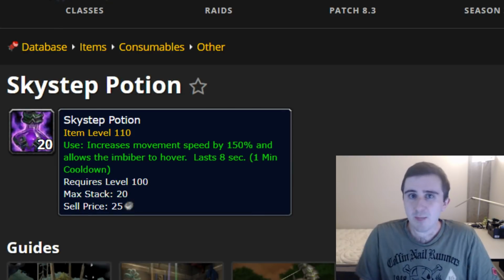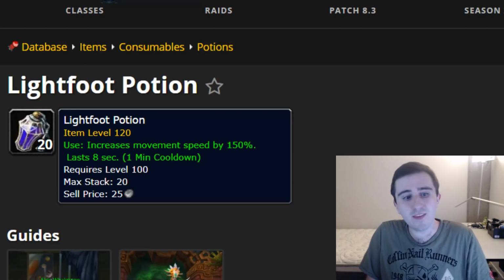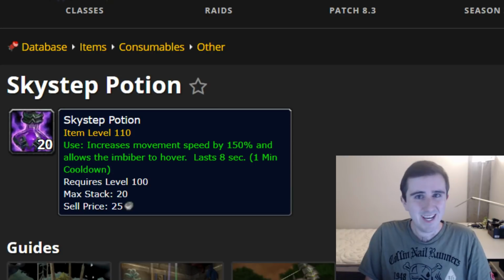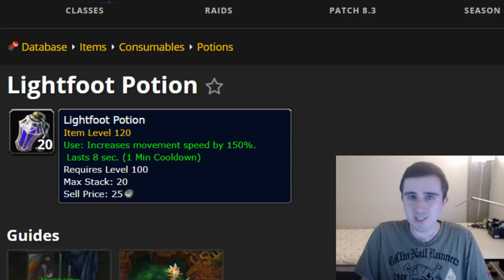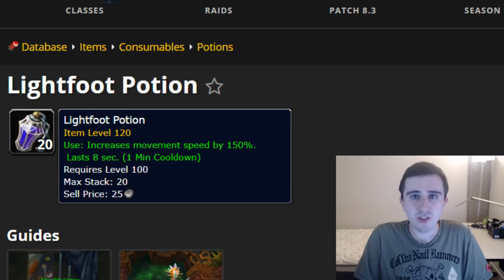There are also some utility potions that you may want access to. Skystep is one of them, or Lightfoot. These are the same effect. Skystep comes with a little ball that you're walking on as well, but functionally, these two are the same. There are basically no cases where one is any different, so whichever of these is cheaper on your auction house or whichever you prefer graphically, just getting a bunch of those can let you...